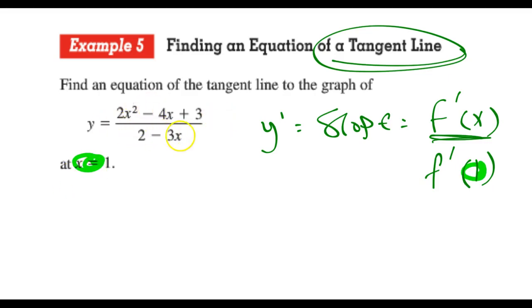Well, I can see this is the quotient. And again, you can't cancel here. That's part of a sum. So don't get into that trap. We can't simplify this. So we'll have to do the quotient rule, which says